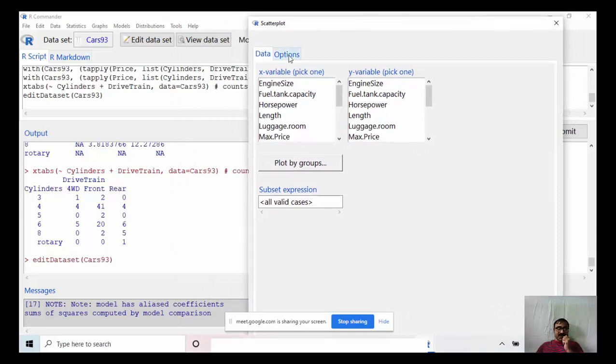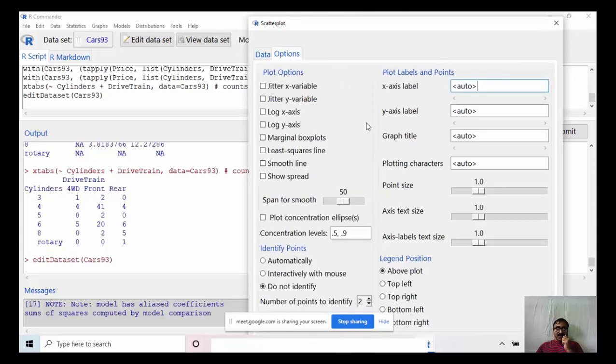Here there is an options button on the right side. In options, you can fix your graph parameters. That means the type of the x-axis, type of the y-axis, color, graph axis, graph title, plotting characters, fonts in the graph, everything. You can customize everything according to your own wish. Since it is online, I cannot directly interact. I have to avoid all those. That is the practical difficulty in going through all this.